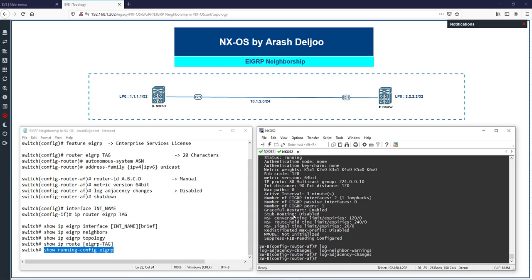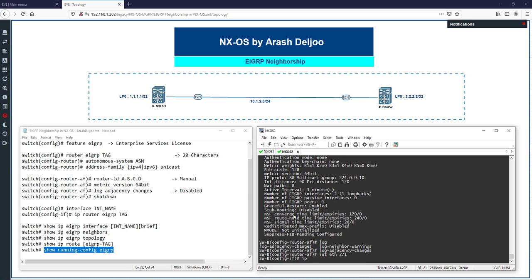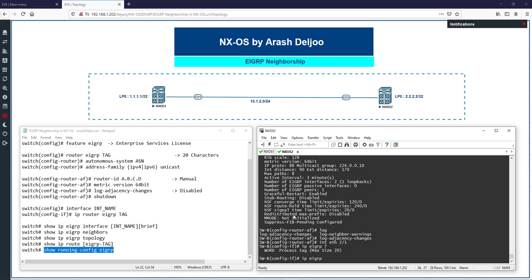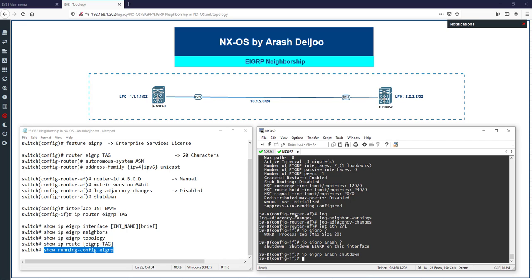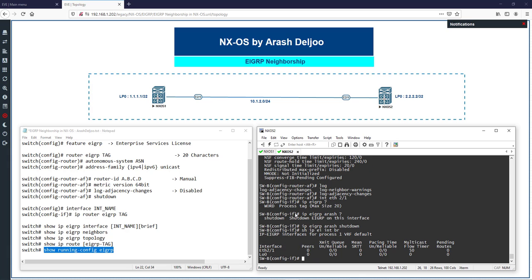So easy. Interface Ethernet, for example, 2/1. Okay, IP EIGRP. We have some commands here, IP EIGRP Arash, for example, shutdown. If you want, you can disable EIGRP on one interface only, not on all interfaces. Show IP EIGRP Arash now is shut down on this interface. Show IP EIGRP, look at here, interface brief. EIGRP is